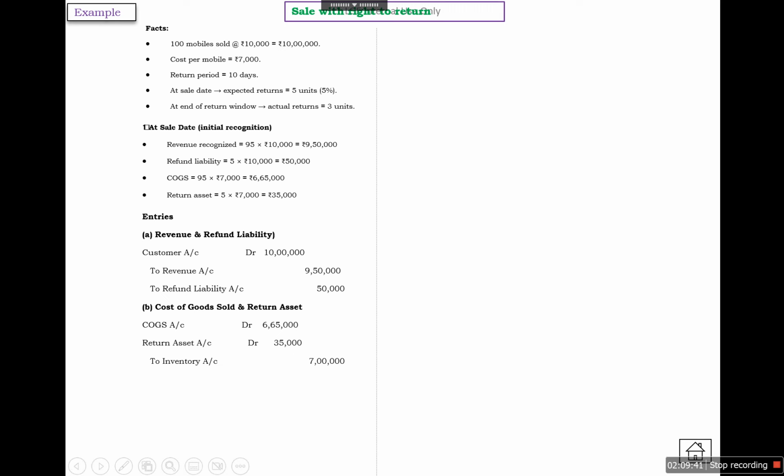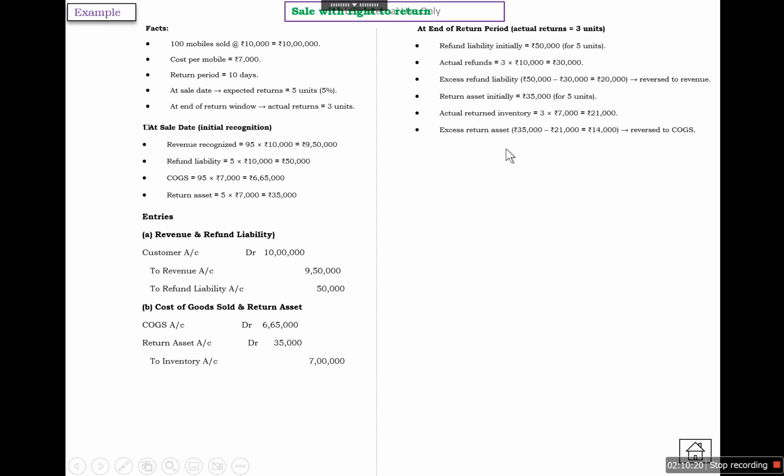Now, at the end of the return period, only 3 units were returned. So we will book a return for 3 units, and 2 units are not returned. So we will reverse the refund liability for 5 units. For the 2 units not returned, we will increase the revenue as well as COGS, and for the 3 units that have been returned, we will increase the inventory and will reduce the return asset